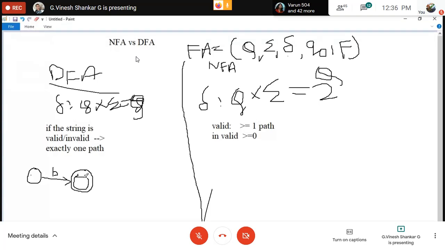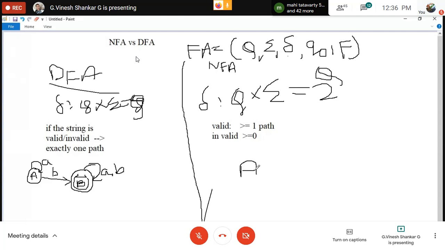See here, I'm going to the final state. Let us take this as A and this as B. If I'm getting A, I'll be remaining in A only. If I'm getting A comma B, I can go to the same state. See, there is only one transition here. You can observe only one. Input A, only A to B, only B. Okay, fine. That's it. But coming to the DFA, I can draw this one like this.